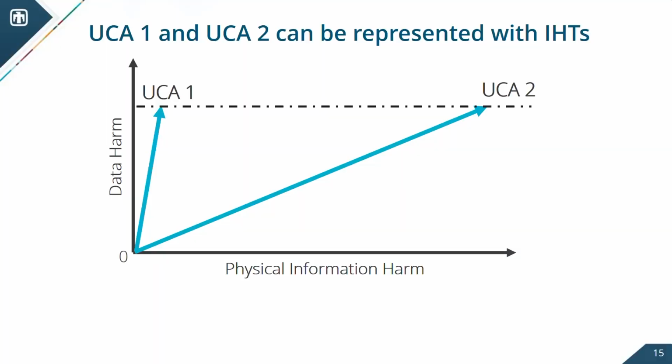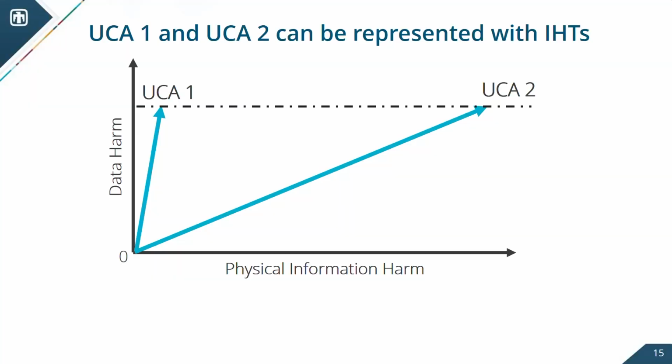And so how does the information harm triangle look at this? Well, we have UCA1, that's that reactor coolant pump, right? The data harm is the same because it's a set point attack. So the data harm is the same between the UCAs, we did the same thing. But the rate of harm for the reactor coolant pump, it took 1,300 seconds, 1,300 seconds to set it to 0. With the steam generator, it took 400. So there's the rapid depressurization, so the rate of physical harm from UCA2 is much higher.